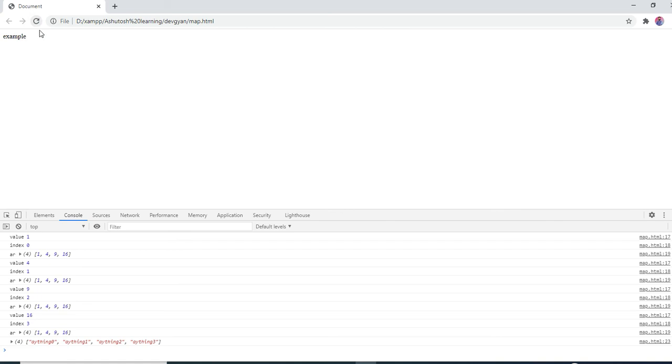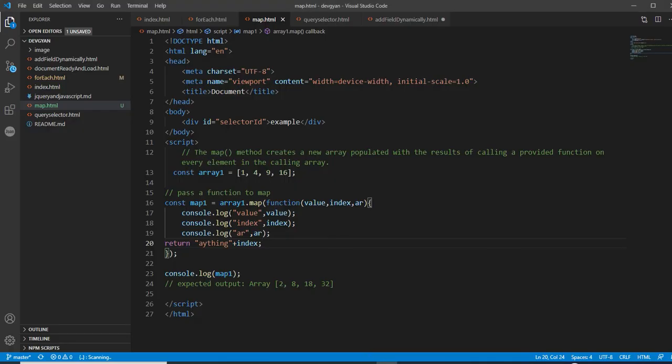If I refresh this page, you get anything0, anything1, anything2, anything3. Why? Because the map method returns a different array, meaning if you return something, it will create another array. So that's the interesting thing in the map method. In the next video I will talk about the possible differences between forEach and the map method. Thank you for watching.